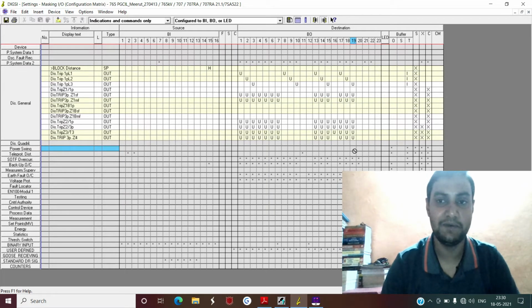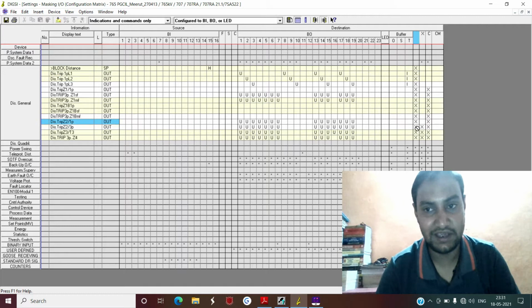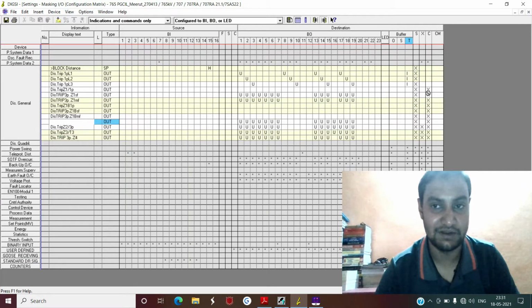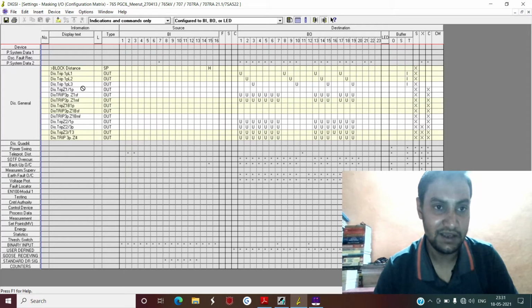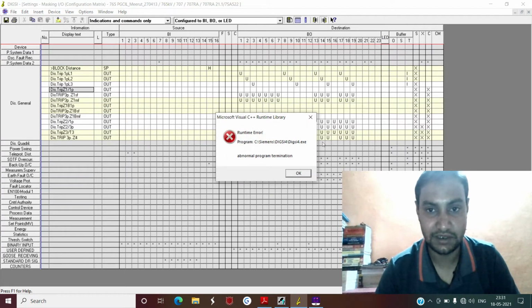Right now, just remember one thing: if you select any signal in the destination side of the S interface, or in the X interface, X and S are basically the same thing, then these signals will be transferred from this 7SA5221 relay to your SCADA system. Basically, what is the S and C? I will discuss this again at a later stage, but just for some clarification, right click on this, and if you go to properties, again this